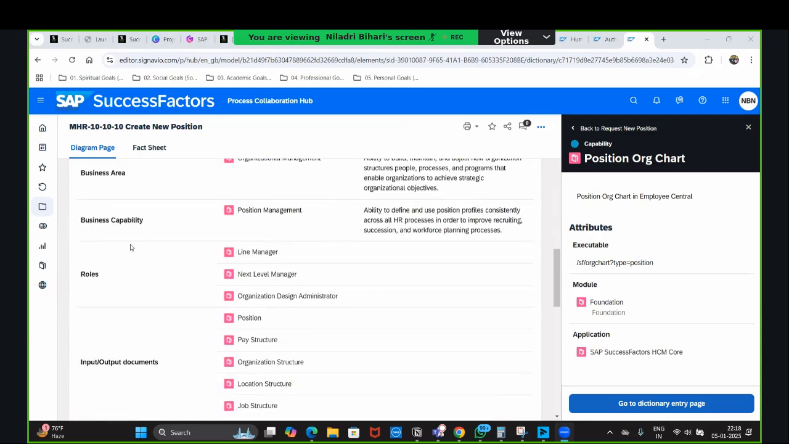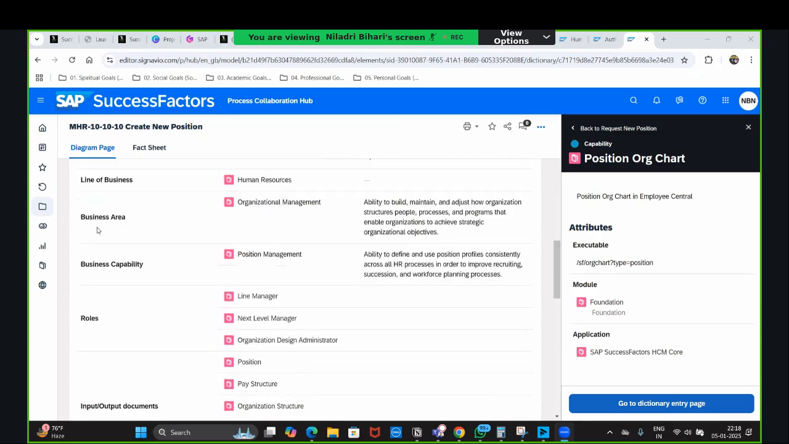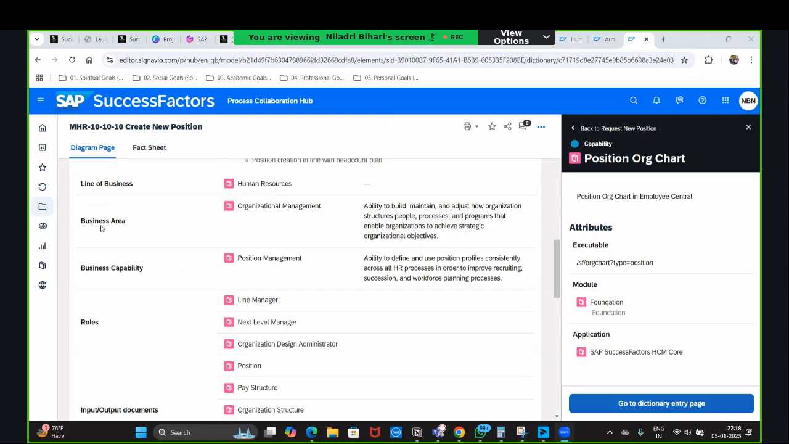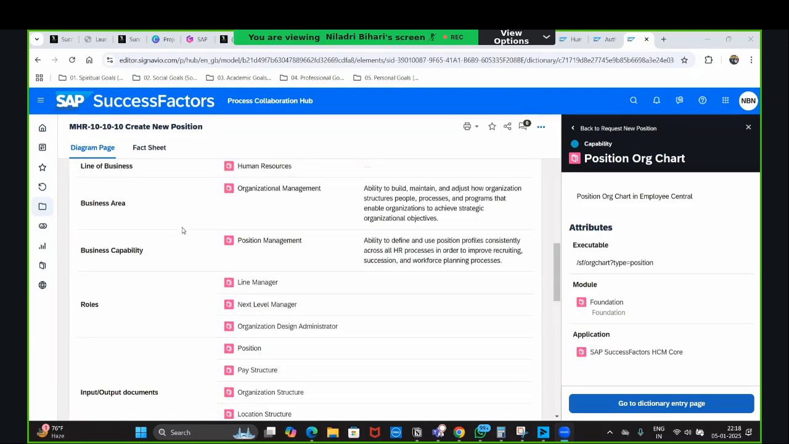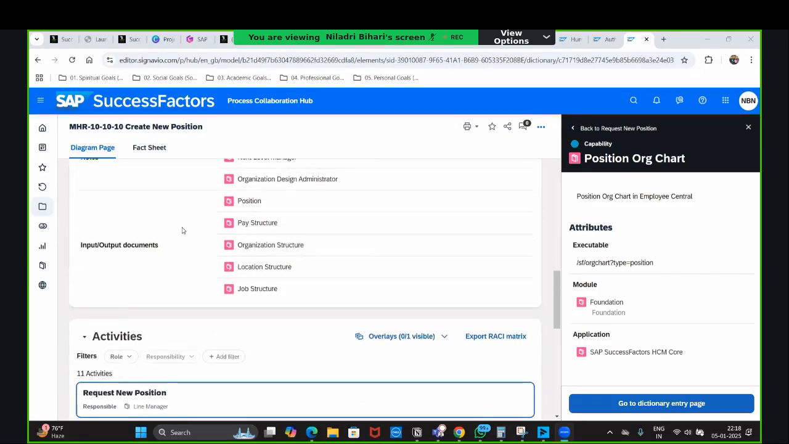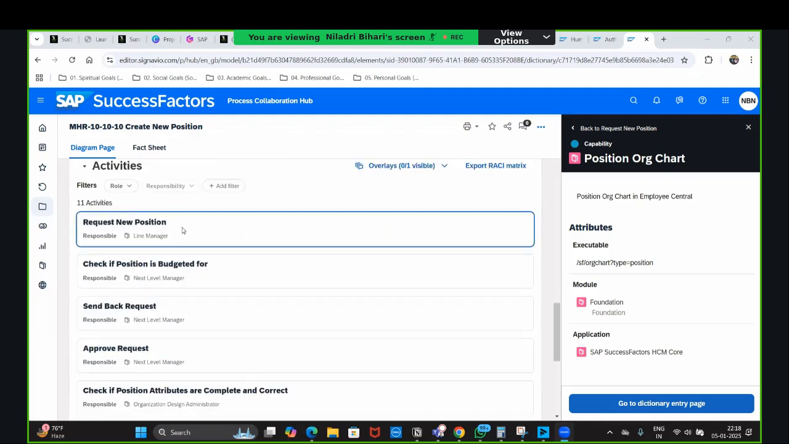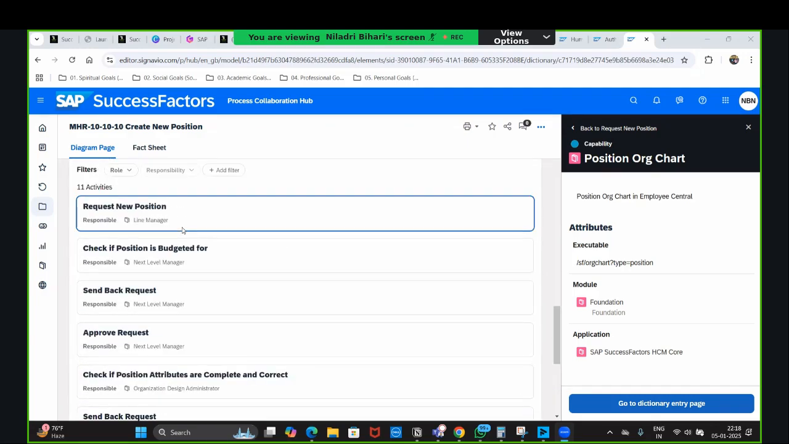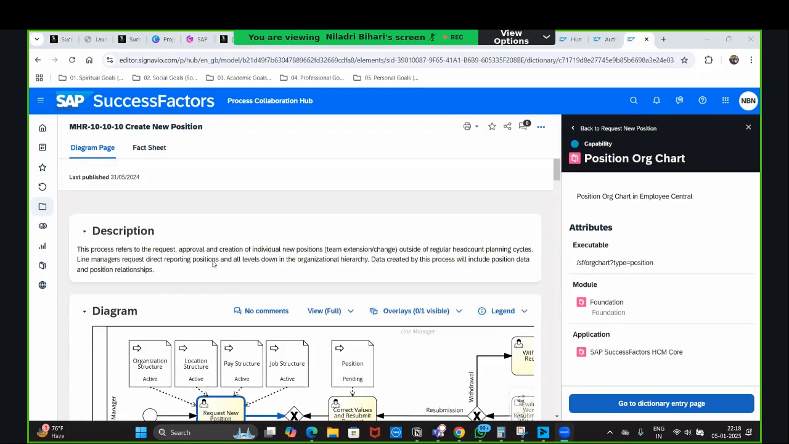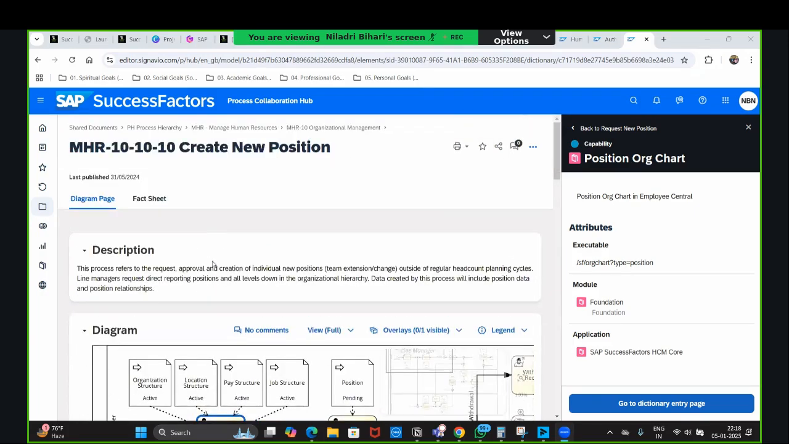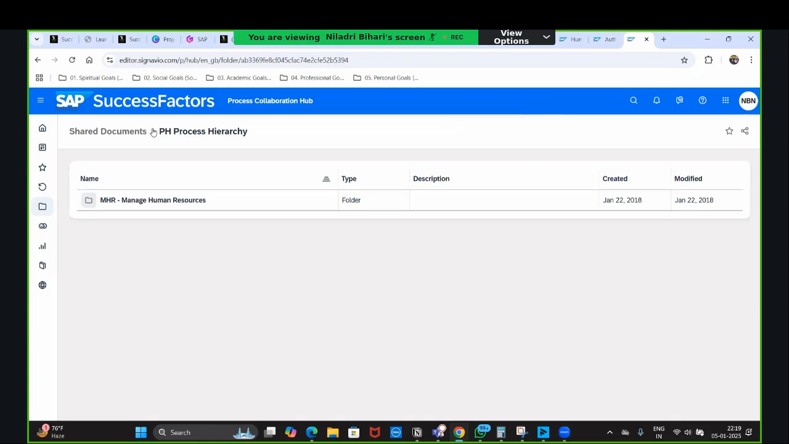Position management is a business capability. It comes under the business area called org management, and comes under the line of business HR. Who are the possible roles, what are the inputs and outputs, and what are the activities, you can see all of it here. It is a very well structured document, and you can edit it as well, but that requires a license. But in the standard one, if you have a user ID, you will be able to access